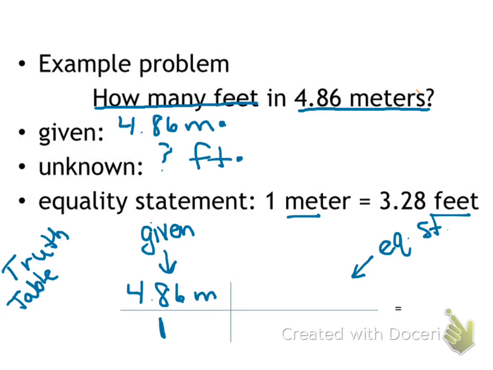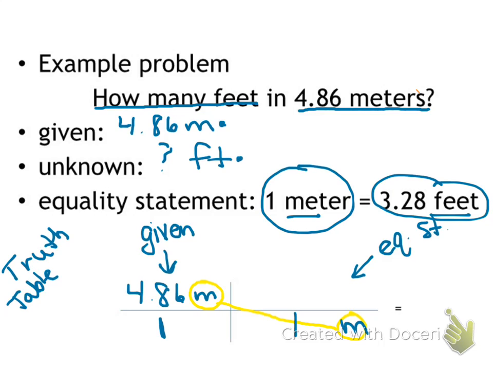We have to figure out our equality statement has 2 parts. It has 1 meter, it has 3.28 feet. So which part of that goes on the top, which goes on the bottom? The way that we figure this out is our units. We always want to let our units guide us. So we look up here. Here we have meters. That tells us that our units down here have to match up so that they'll cancel out. That means our units down here have to be meters. So if we look at our equality statement, I have 1 meter is equal to the other part of my equality statement,